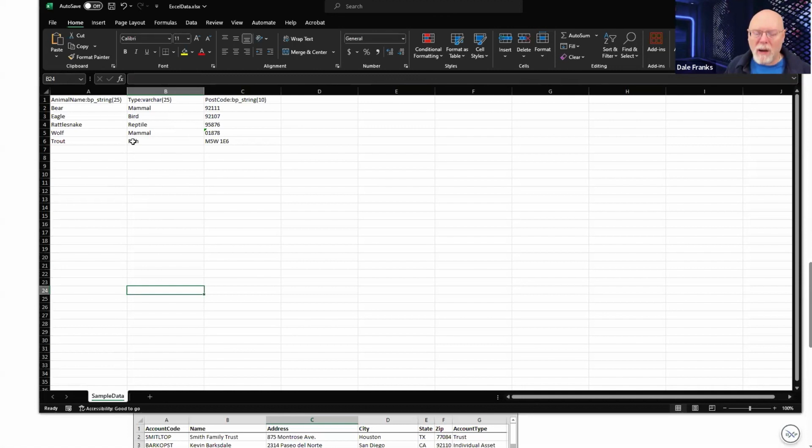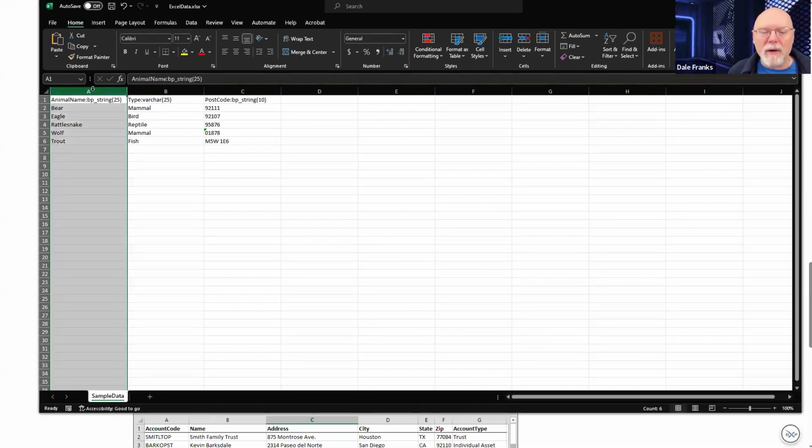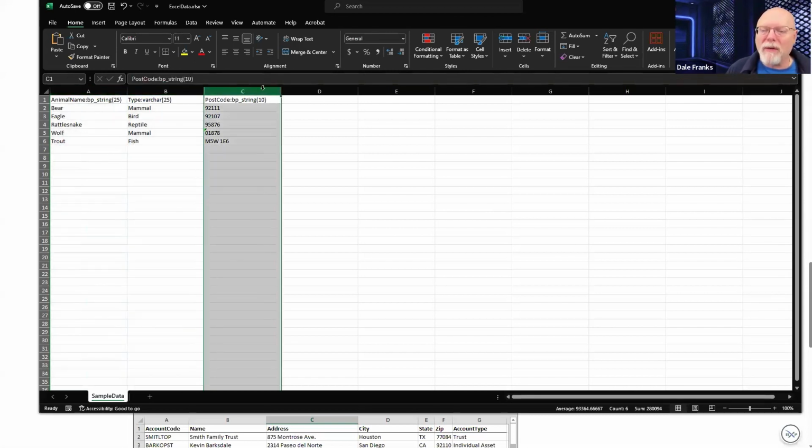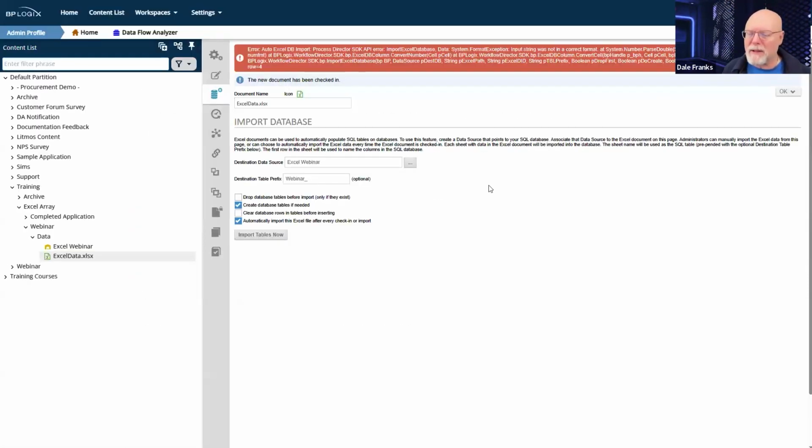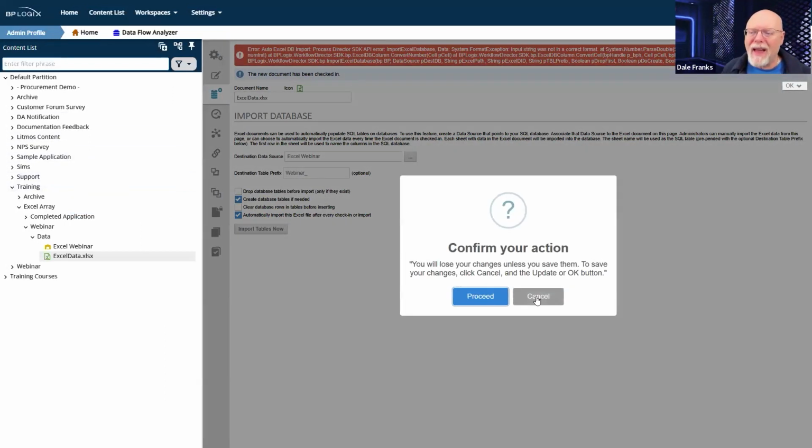So this should come in as a varchar, not an nvarchar. This field here should be nvarchar 25, varchar 25, and then nvarchar 10 are the field types that I should see. Although I didn't do this precise import yesterday, we're just going to cowboy our way through it and see what happens. So that import failed.